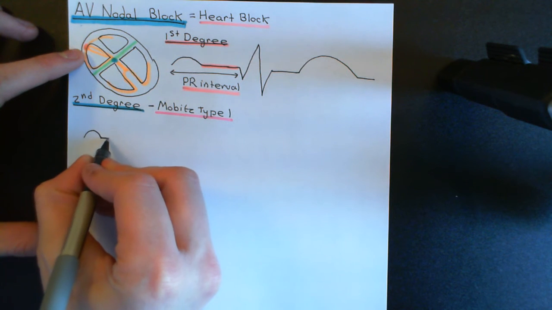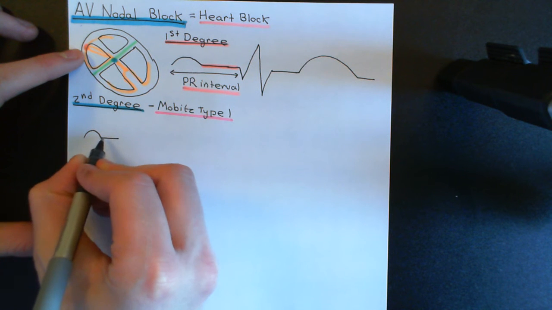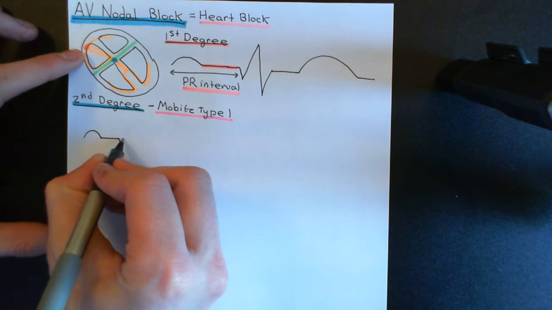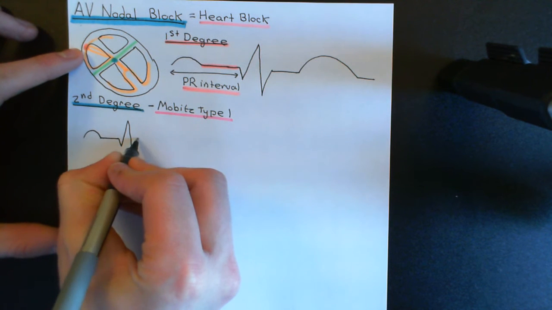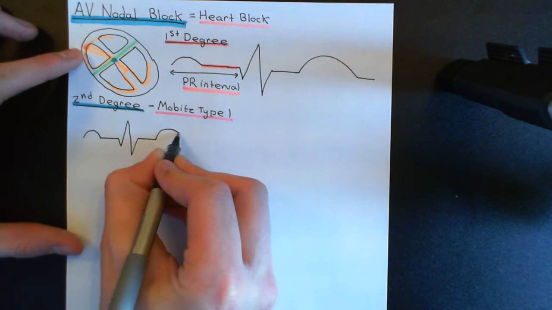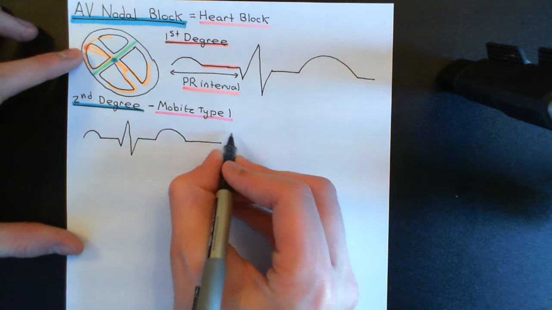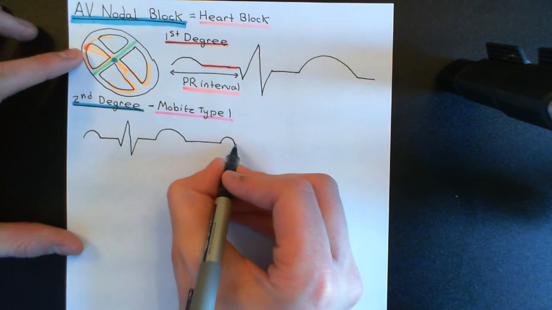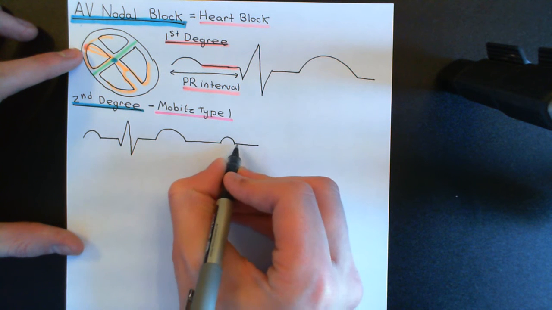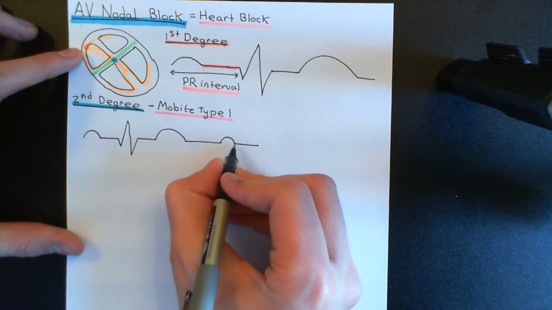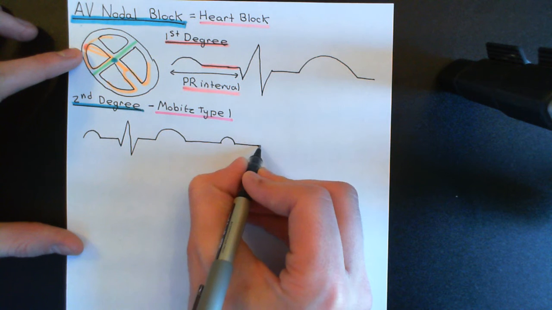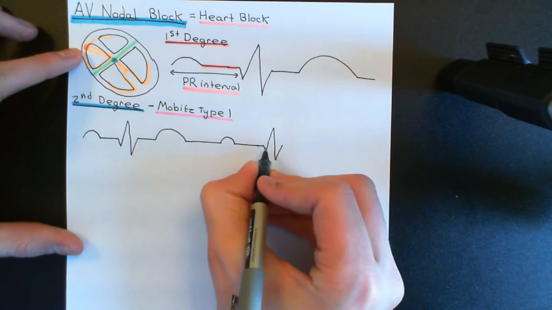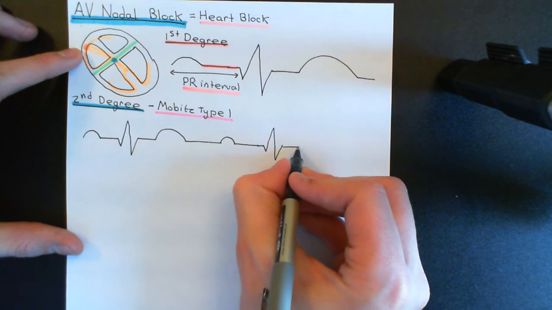So here's the first one, so here's the P wave, a nice normal PR interval here. This interval between the P wave and the QRS complex is normal length. Then we have our QRS complex, like so, the ST segment, and then the T wave. And then we'll have another ECG trace here, so here comes the second electrical signal, so P wave, and now this portion between the P wave and the QRS complex is lengthened, so the overall PR interval is also lengthened. Then we'll have the QRS complex because it has eventually conducted it,